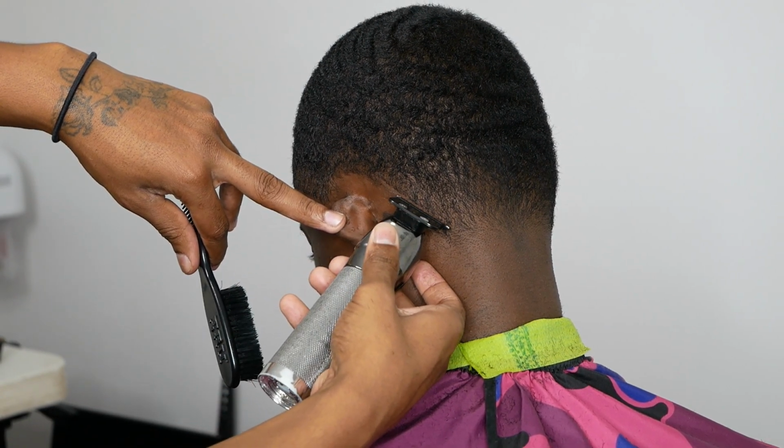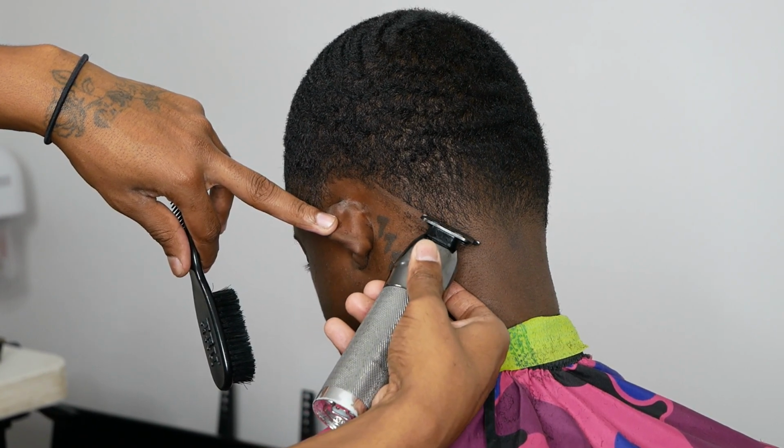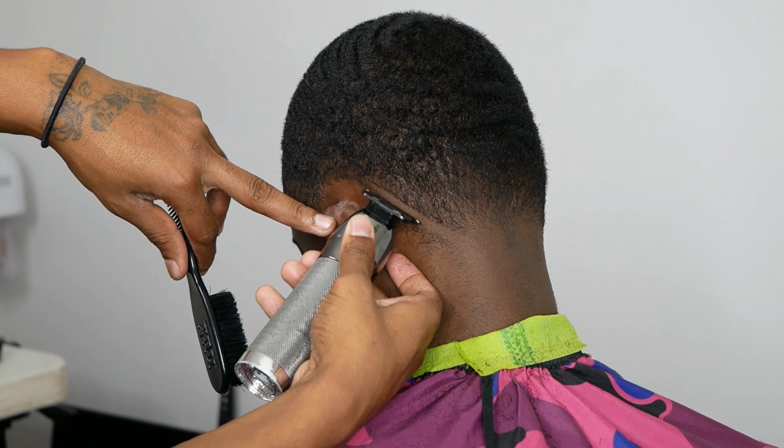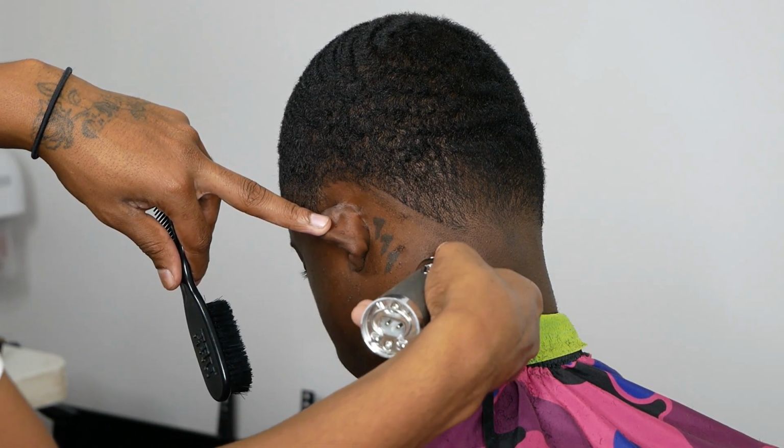Now we're gonna set up the liner for the neck area, the cleanest part of the haircut. Bringing everything that you done together. Now look, I'm gonna break down for y'all